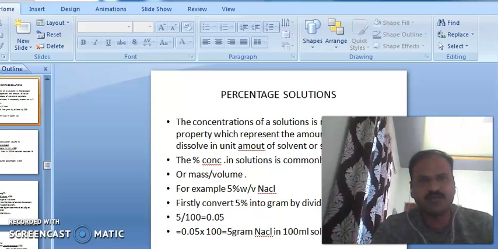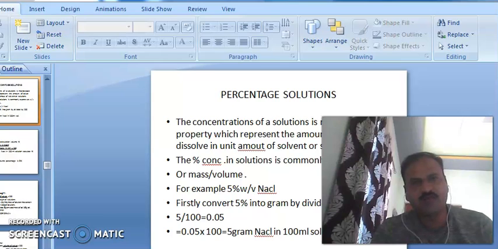Percent of solution: how to calculate the percentage of solution. The concentration of a solution is a macroscopic property with respect to the amount of solute dissolved in a unit amount of solvent or solution. One unit amount of solute is dissolved into a unit amount of solvent. It gives your percentage when multiplied by 100. The percent concentration of a solution is commonly expressed as a value, weight by volume or mass